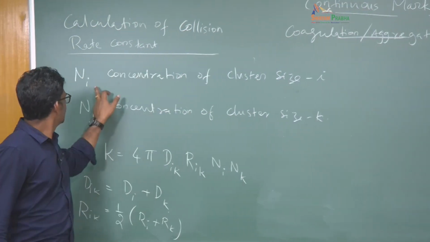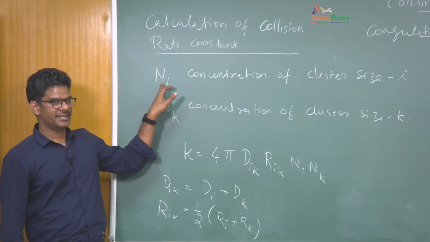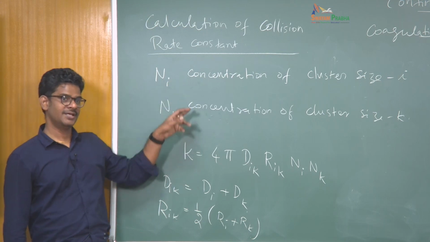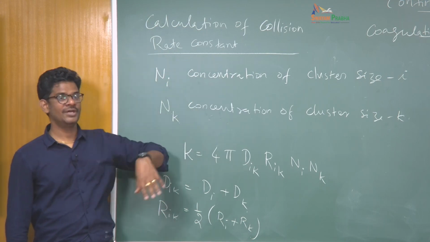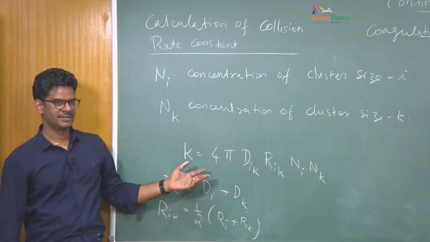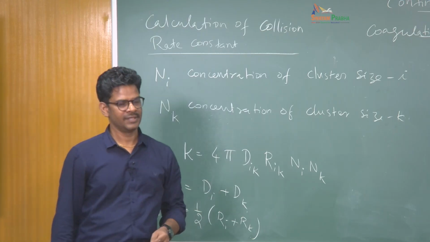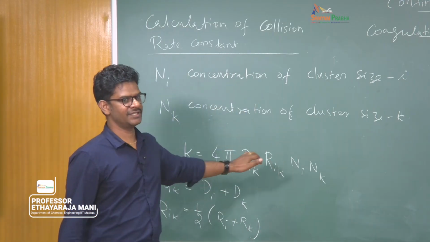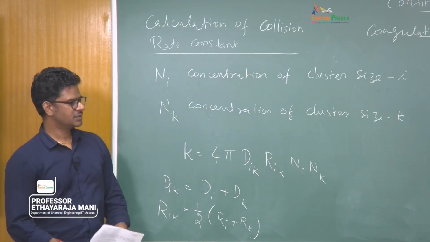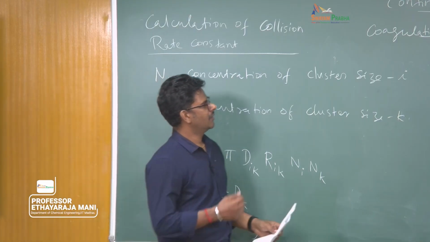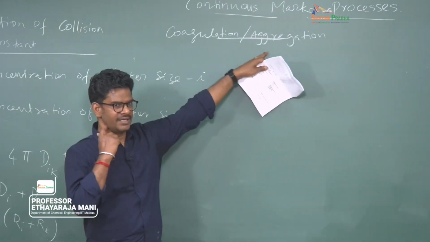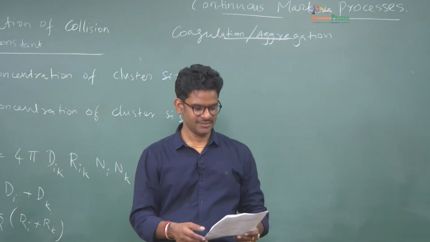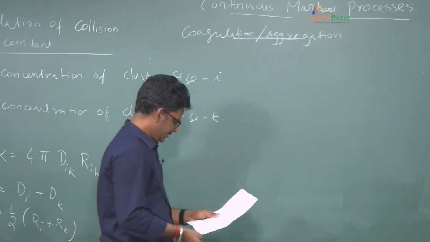I have got Ni, not one particle, there is Ni concentration of ith cluster, Nk number of kth cluster. What's the total rate of collisions of all possible pairs? Yes, exactly, because I have talked about one particle. So here we are generalizing for any given concentration. Why we do this is because when we write this chemical master equation for aggregation, we would deal with the concentrations of each species. So that's what I was coming at.